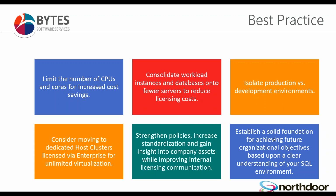Are there also benefits in us looking at different licensing models? So we currently have all of our SQL environment licensed as a production environment, but actually elements of that are test and development. So are there other routes that we could explore around MSDN licensing, and what are the implications of that, and do we need to ring fence that in some way by a naming convention or by a separate domain, or how does that look? Also looking at whether we need to move from standard licensing up to enterprise core